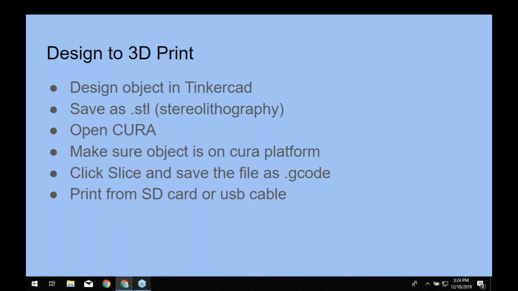When I say platform, I mean printer platform. You hit slice, it saves it as a G-code. It gives you a time frame of how long it's going to take to print. Sometimes print jobs are as quick as 40 minutes. The longest print job I've done is a 6-hour print, and I printed a